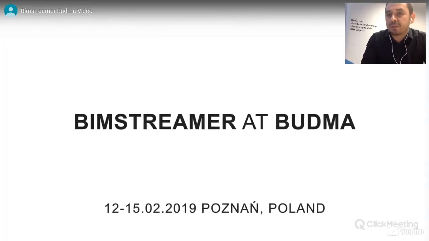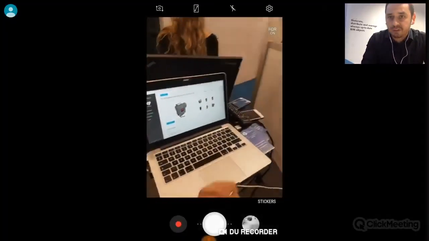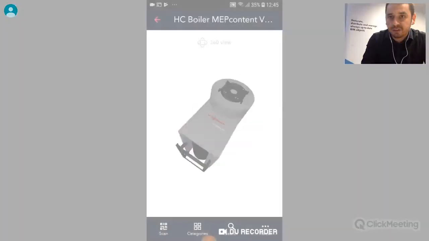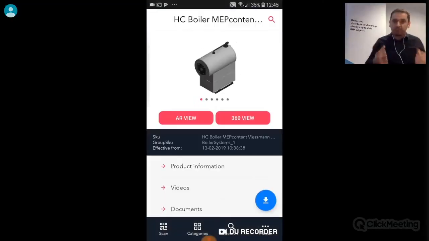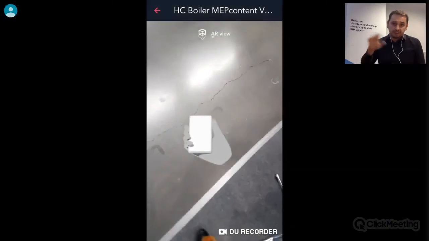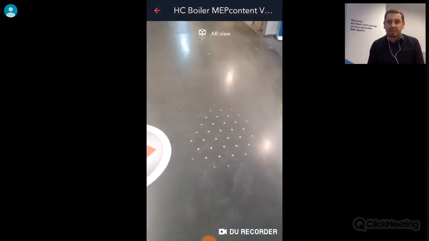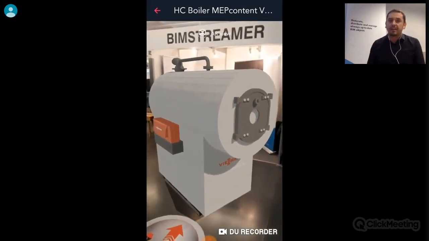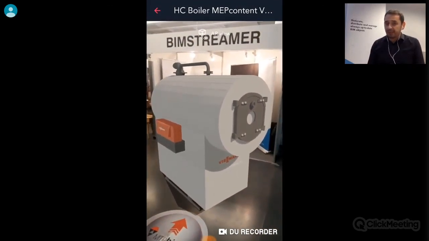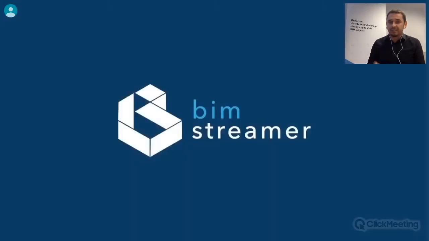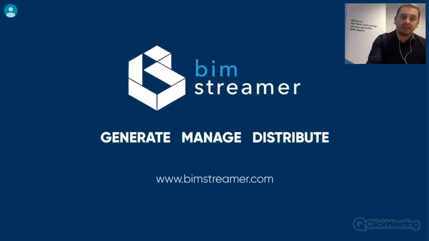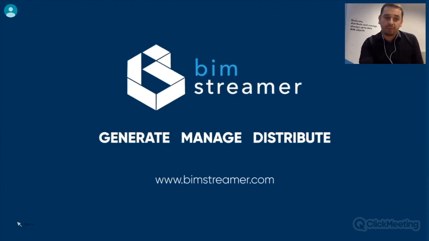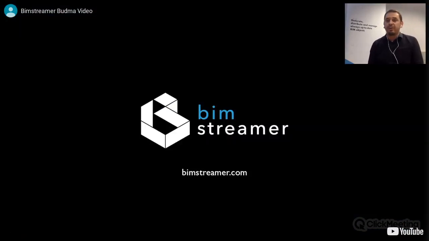So right now I'm showing you the mobile application, for instance, which can be used as one of your marketing channels. This mobile application is part of Bim Streamer platform. It's connected with Bim Streamer server. The Bim Streamer server provides the data, which are always up to date, and can quite easily present your product portfolio on different trade fairs, or it can be used as part of your sales representative